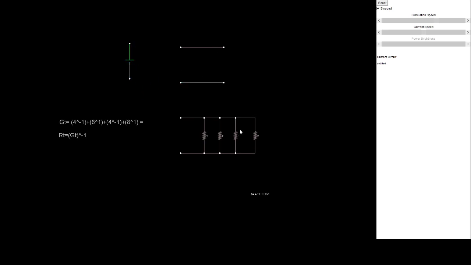So the first thing we're going to calculate is the total conductance, for which we need the individual conductances of each of these resistors. All we do is we take the resistance value and elevate it to the power of -1, and then by adding it together, we will get the total conductance of the entire circuit. In this case, this is the equation we get,